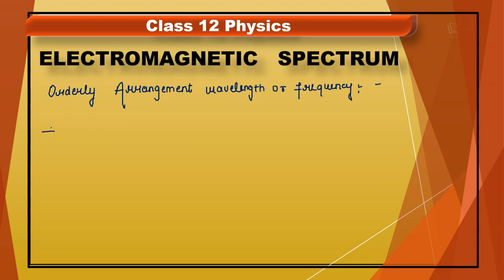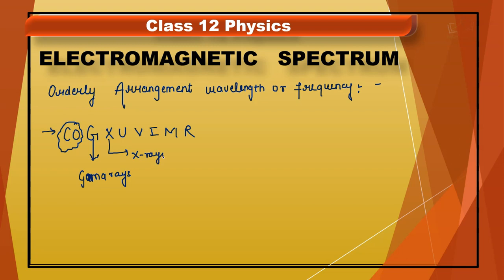Students, as we know, we have different kinds of waves in the electromagnetic wave. What those waves are, there is a short trick for that: Cox-U-Wimmer. The cosmic wave is not part of our syllabus. Next one is gamma rays, then X-rays, then ultraviolet rays, next visible rays,